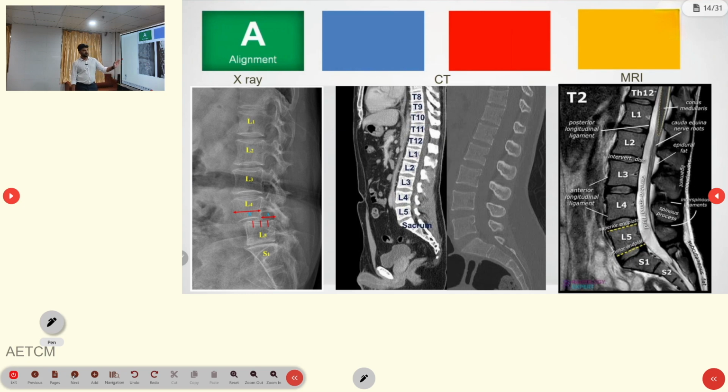Alignment, what I told: in the X-ray you have to look at the columns, any listhesis, any break, any loss of lordosis, anything that is there. Then you have to confirm with CT. CT will give the bony aspects more. The first one is the routine plain